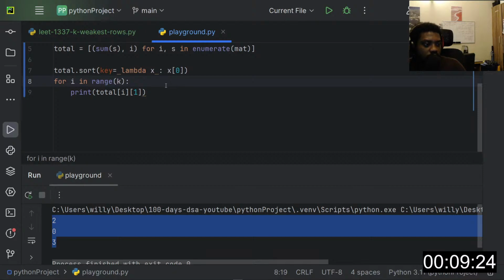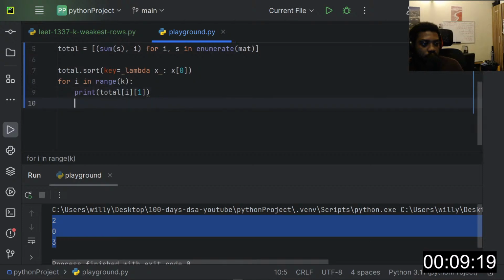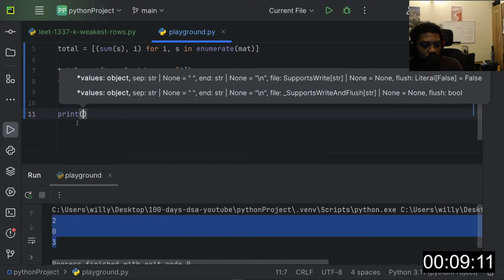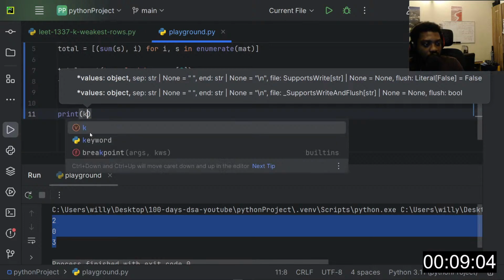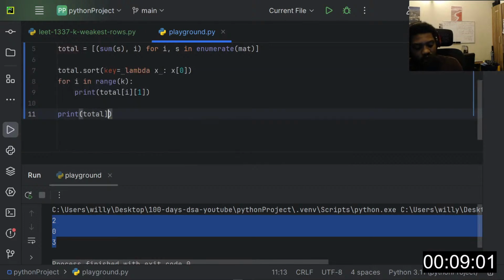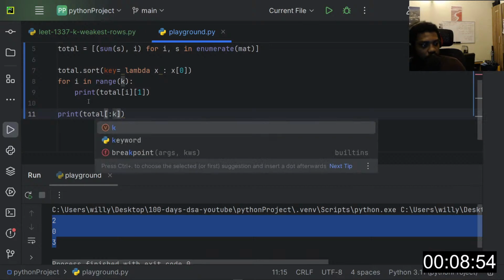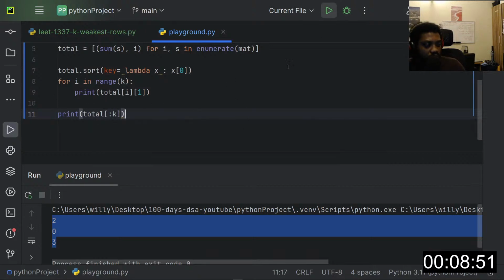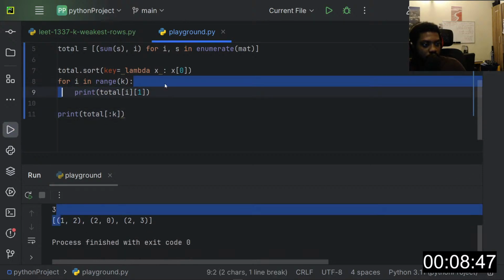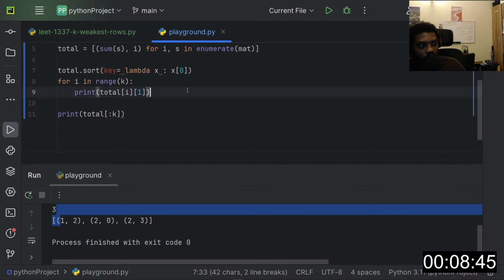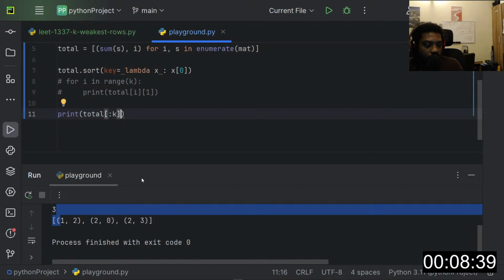Okay, but what if we simply did this? Since this is an array, right? What if we slice the array? So we have k, we have total. So we start from here, 0. So we just do this all the way to k, right? Print total all the way to k. So we can have total here, right? I'm just thinking of possible ways to shorten the code. And okay, so with this we'll have